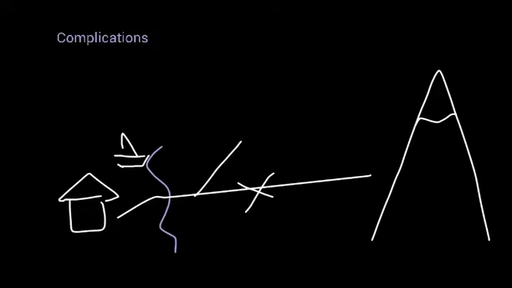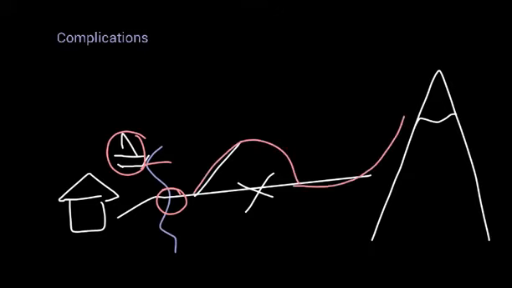All of these things are complications where the story goes a bit off course, and this is to hold your interest. So far, we're on our way to the mountain, there's a river that throws us off course. Then we need to get a boat, then we need to get across the river, so that's another complication, then we need to get around the bandits, and then coming up to the end of the story, we're going to actually need to get to the top because there's a pot of gold or something, whatever it is, the climax